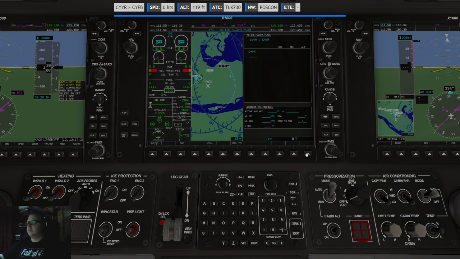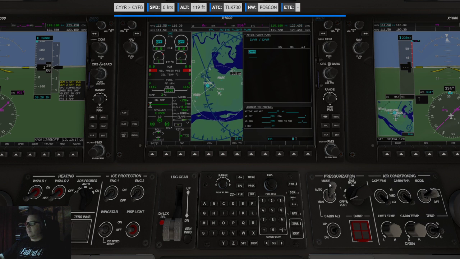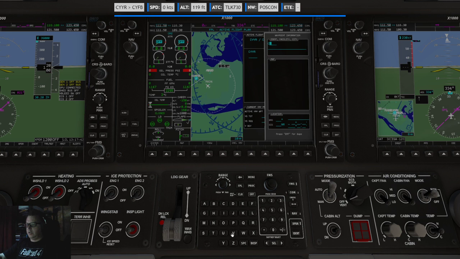Flight plan. Push that little cursor thing. Go here, and we're gonna do it the Captain Neves way. So we're going to Charlie Yankee Foxtrot Bravo and enter. Is there an enter and stuff? Yeah, it's all here. All right, cool.